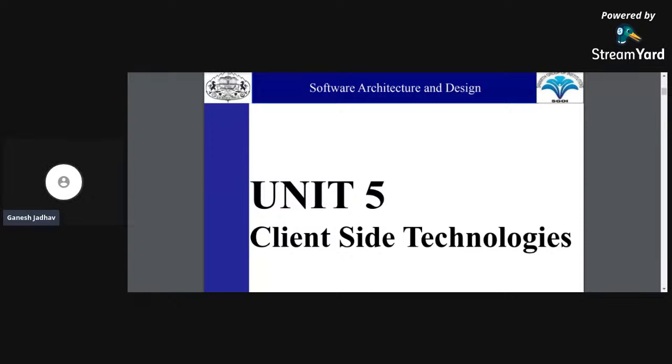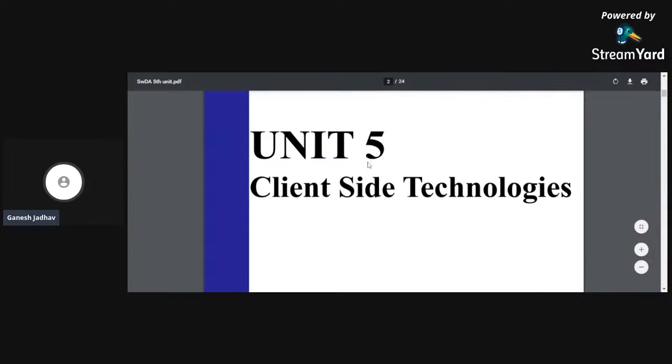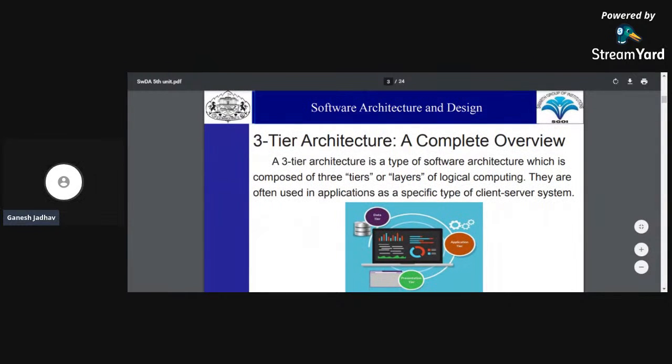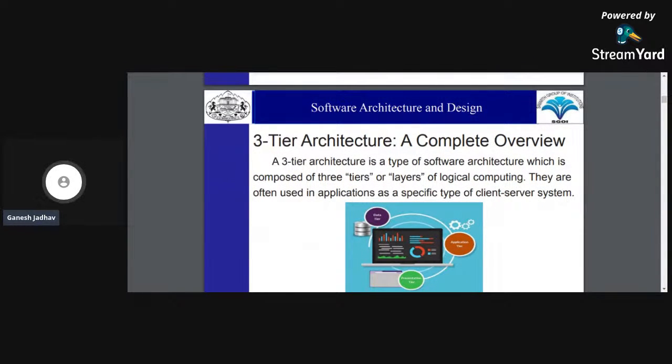So today we have unit number 5 of Software Designing and Architecture. This is the unit on client side technologies. Which are the client side technologies and why are they used? Whatever application we have seen, there are two sides: one is the client side, another one is the server side. Whenever we require any application from the client side, at that time